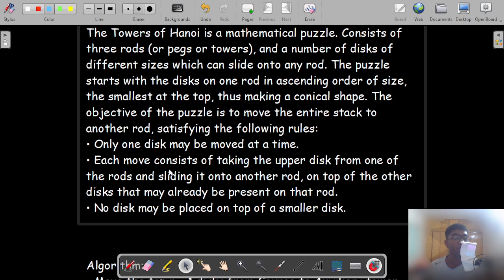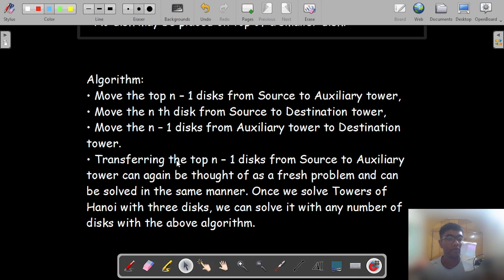We can only move one disk, and each move consists of taking the upper disk from one of the rods and sliding it onto another rod on top of another disk that may already be present on that rod. No disk may be placed on top of a smaller disk, right? It should always follow a conical shape, or the smallest one should always sit on top of a larger one, right? I have even written down the algorithm, but before looking at the algorithmic solution,